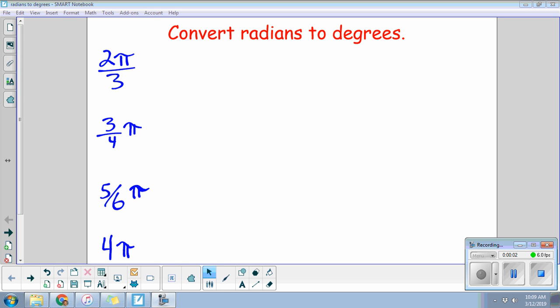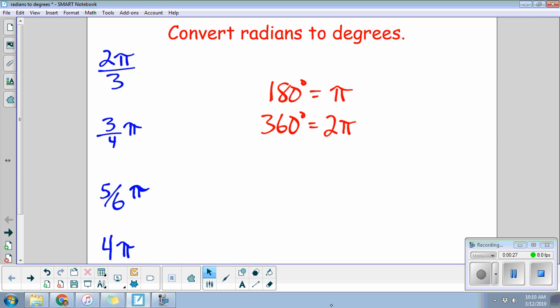So the other day we converted degrees to radians, and today we're going to convert radians to degrees. We're going to use the same fact, and the same strategy of stoichiometry, but the fact that we're going to use is the fact that 180 degrees is equal to pi. We proved in class the other day that 360 degrees is equal to 2 pi, and it might be a little bit more difficult to just double the degrees and double the radians, especially when we're dealing with fractions today. So we're just going to go ahead and do some stoichiometry, and we are still going to use the